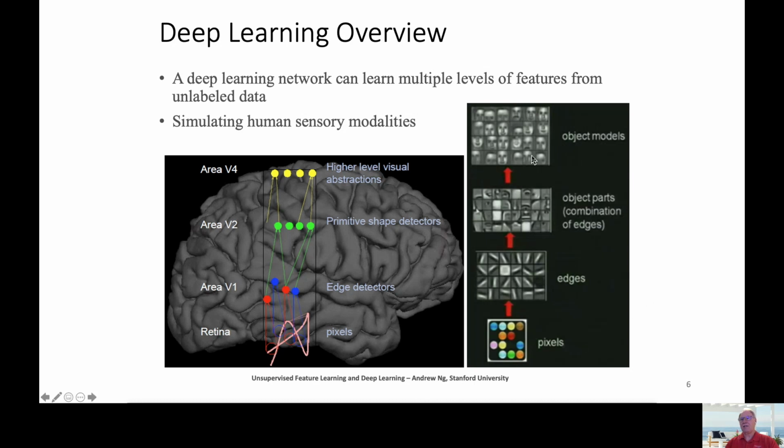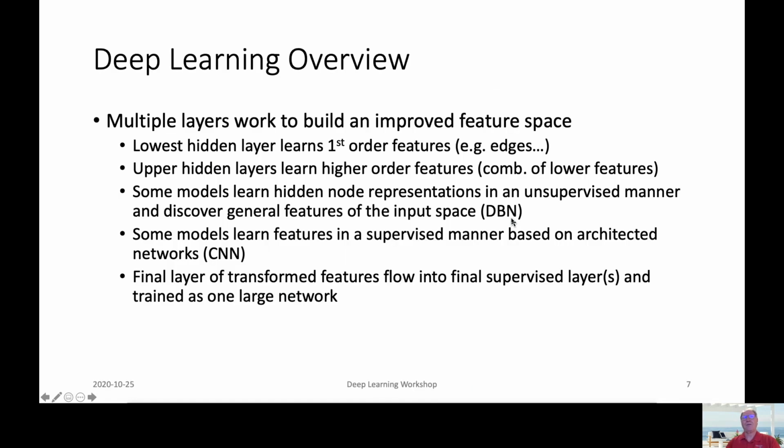So this is actually an example of how we can take pixels from images of faces, right? Initially just detecting edges of the face and the nose, the eyes, and then from that building things that look like eyes and ears and nose and parts of mouths, and eventually being able to classify this as being a face or a particular face.